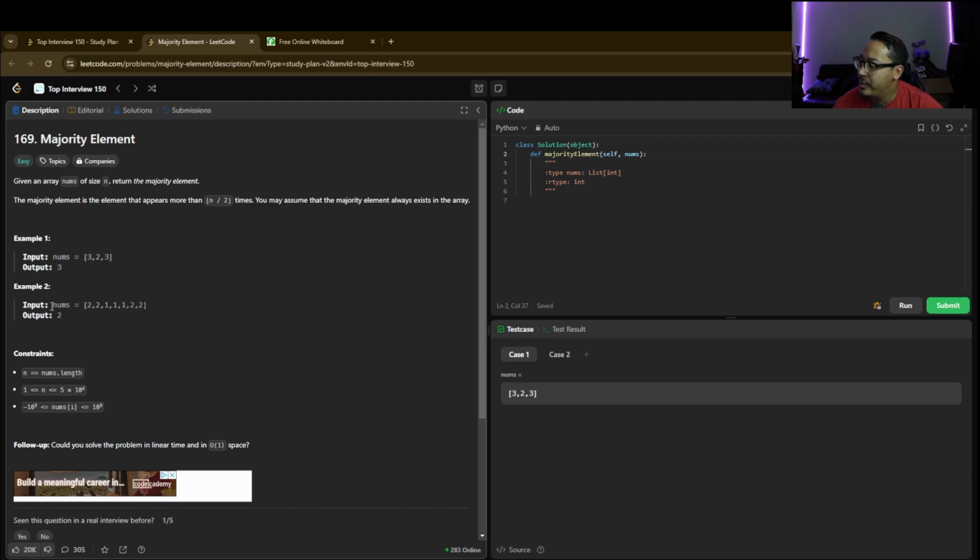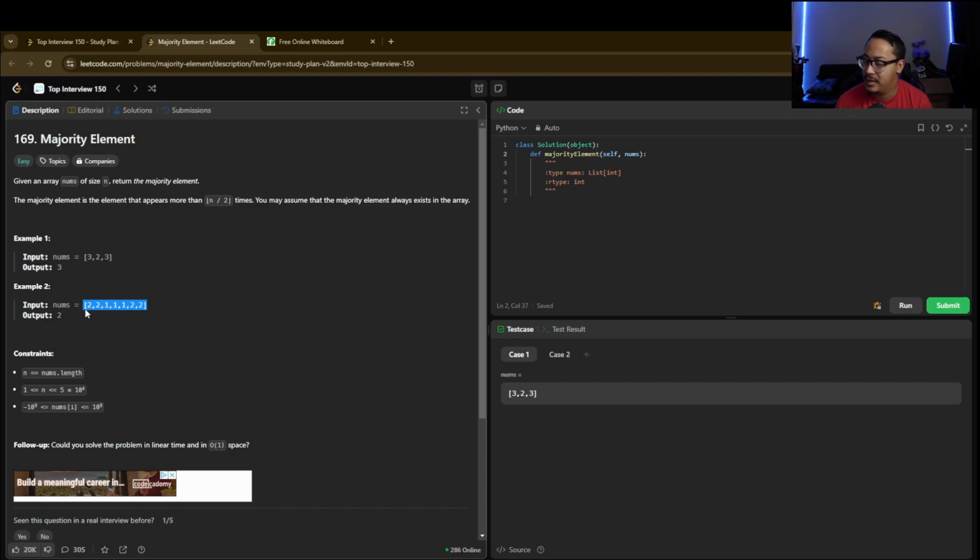So this one's 3, and then we have nums here: 2, 2, 1, 1, 1, 2, 2. Me personally, I kind of already recognized this pattern when I saw the question. So this is how I would handle it. In a sense, we're looking for the element that appears more than half the times. For this example right here, we have 7 elements, right? Given that we have 7 elements, if we look at the middle index, then that should be the number that's